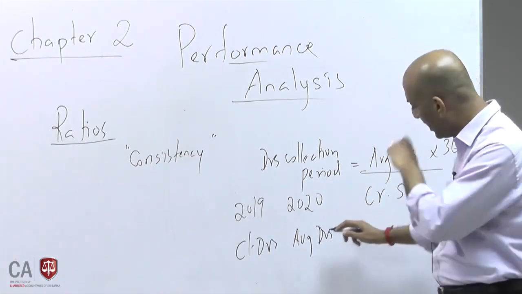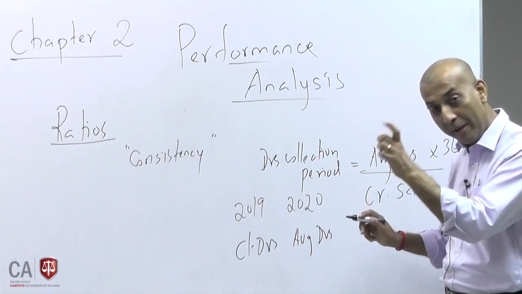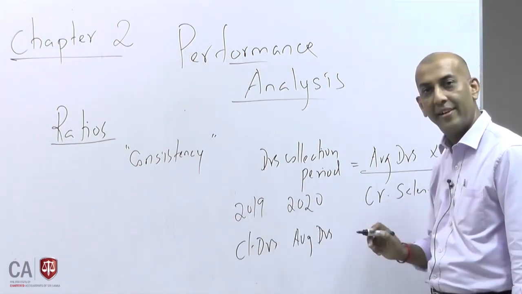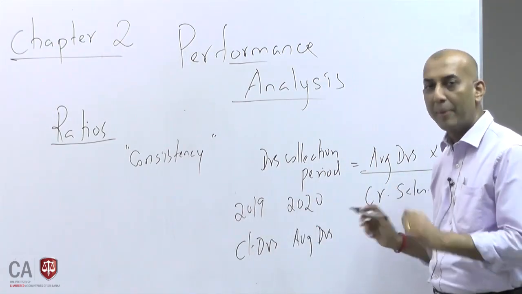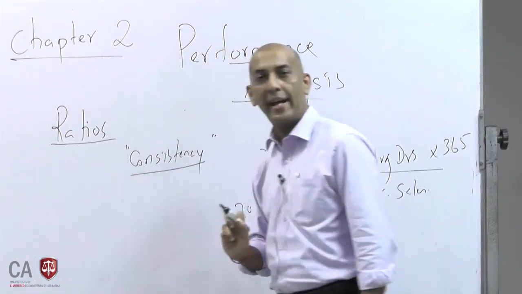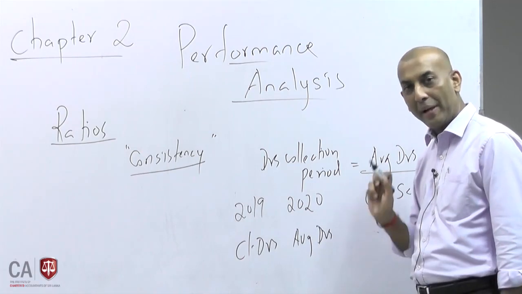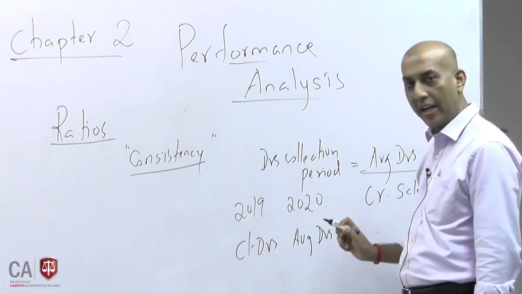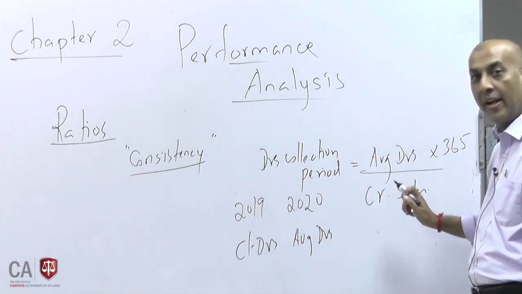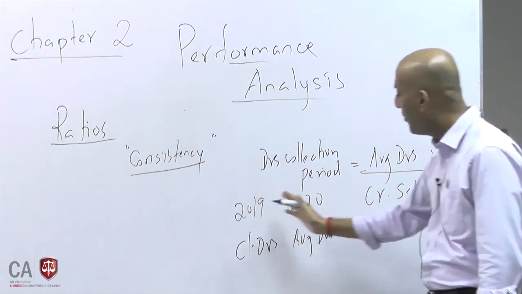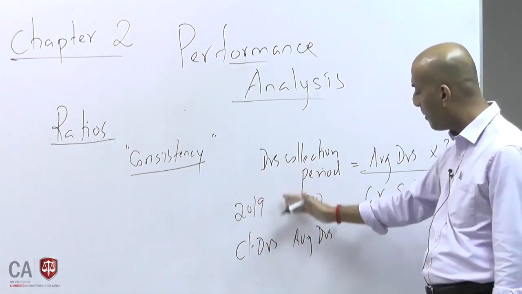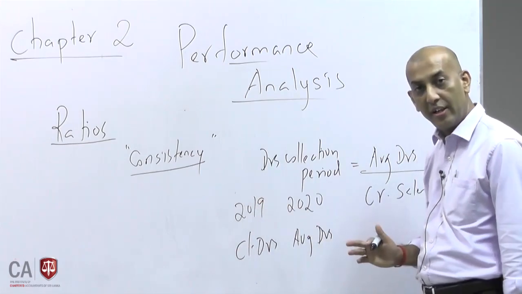But you used year average debtors, that means the two years, opening and closing, you take and divide by 2, and you take the closing debtors for 2019, which is not acceptable in ratio analysis. It means you are not maintaining consistency. So please be aware, whenever we calculate any ratio, the same formula, the same way of calculation has to be maintained for the different periods. You cannot use one calculation in a different manner from another year's calculation.